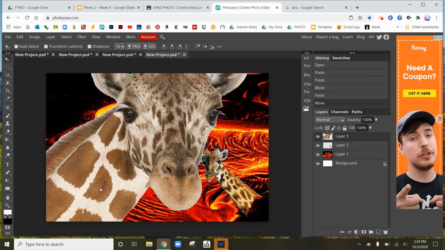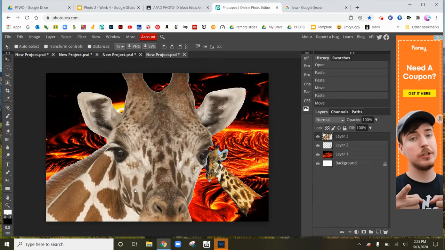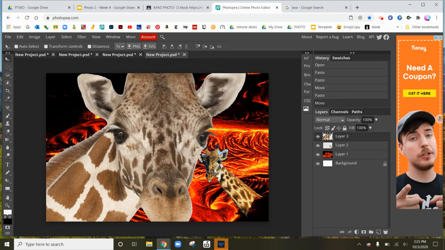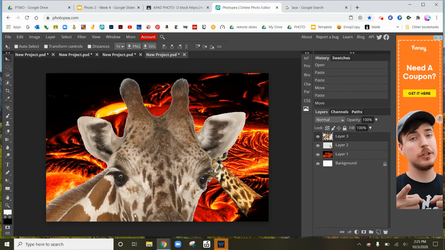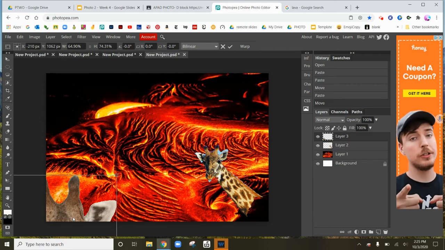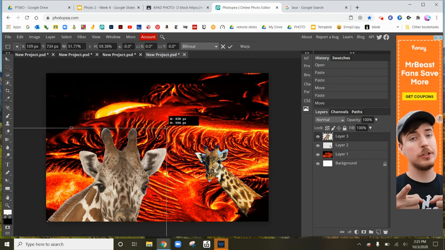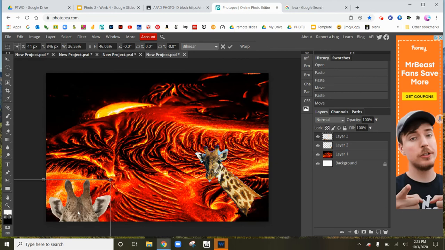And the last thing I'm going to show you is the transform tool. So clearly this giraffe is way too big. So I want to transform. So while I have it selected and I'm on the move tool, I can press transform controls and just drag this smaller. But if that was not there, or if I want some more advanced transform controls,